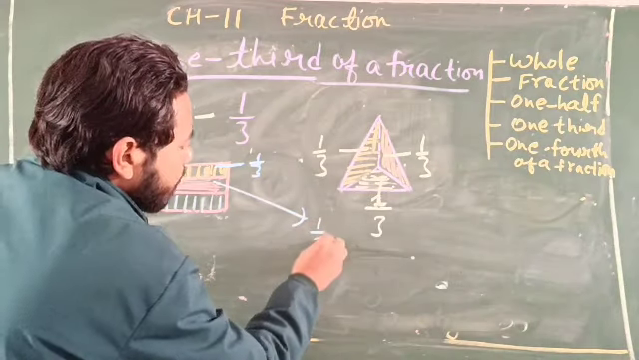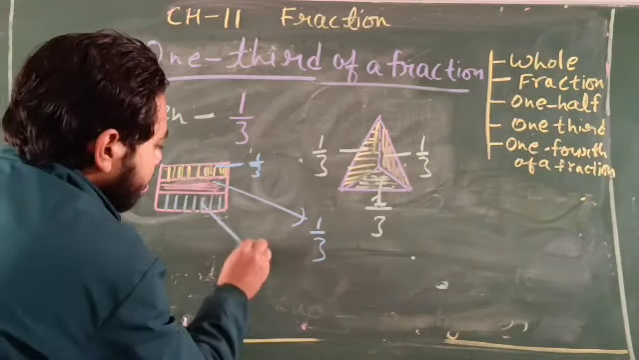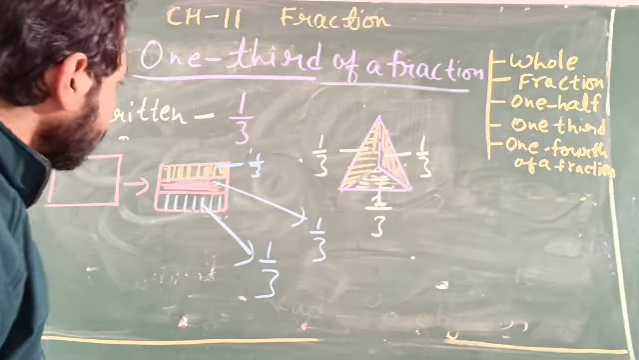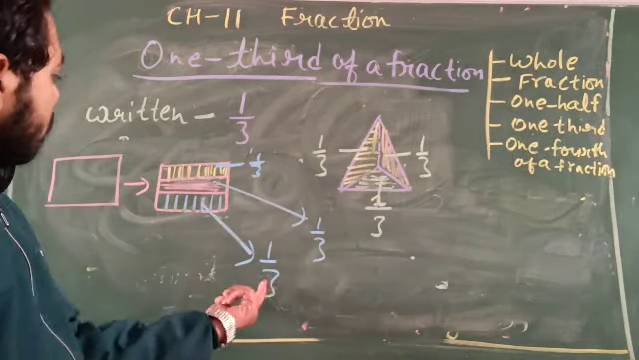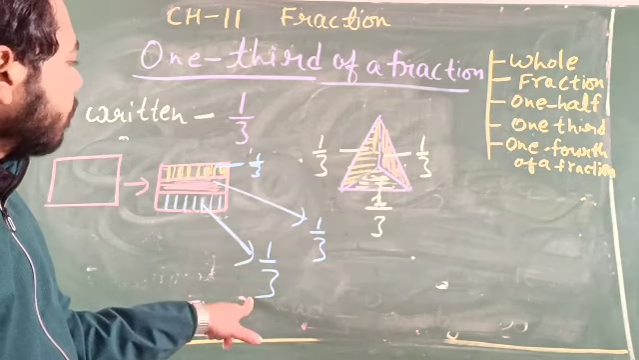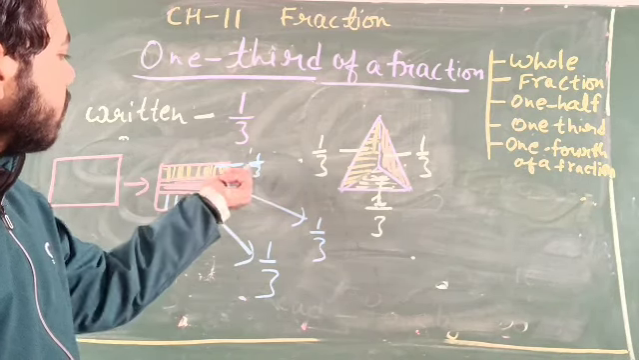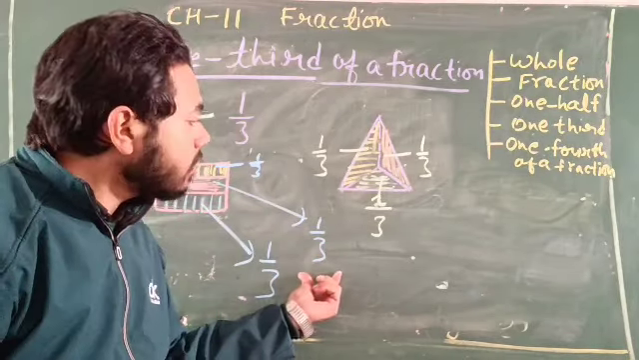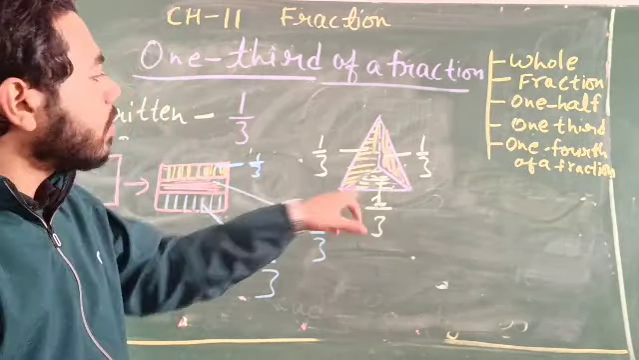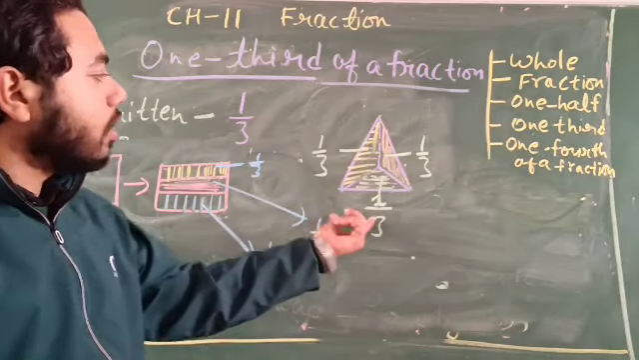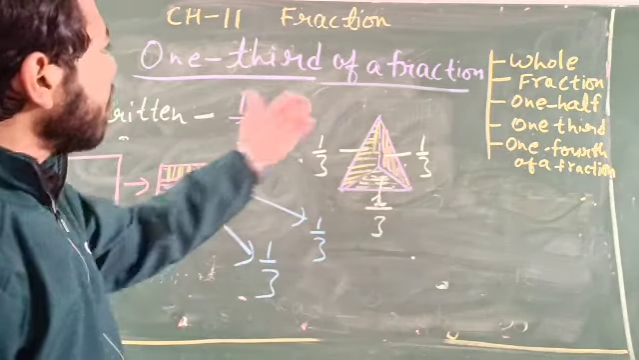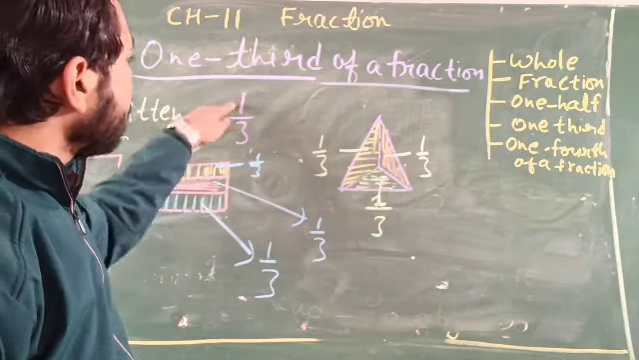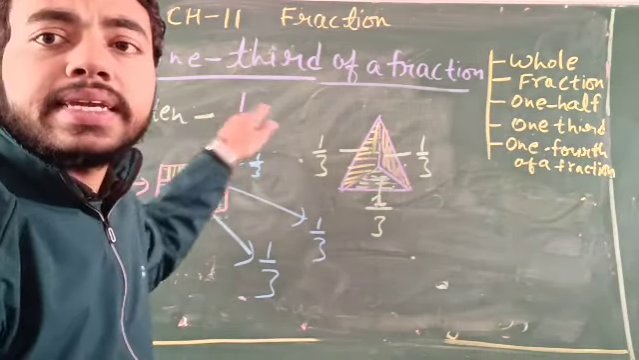This part is also representing 1 third, and this part is also representing 1 third. So that part is representing 1 third, that part is representing 1 third, and this part is also representing 1 third. So these are the examples of 1 third. When someone says represent 1 by 3 in a figure,